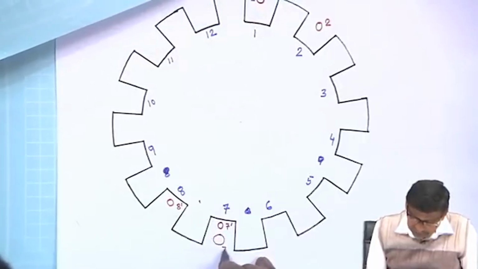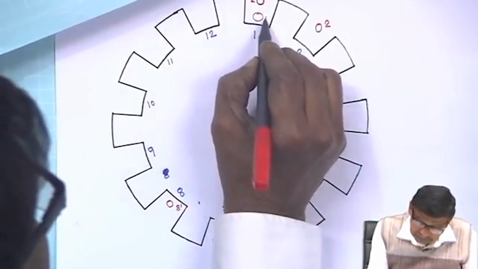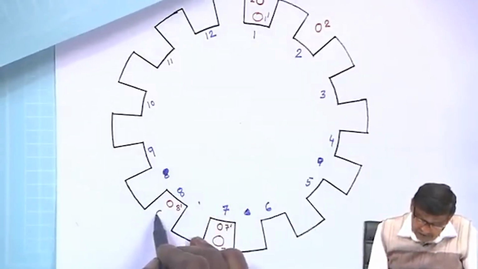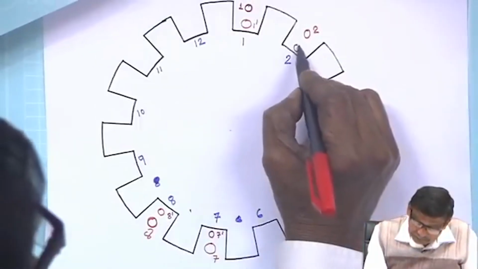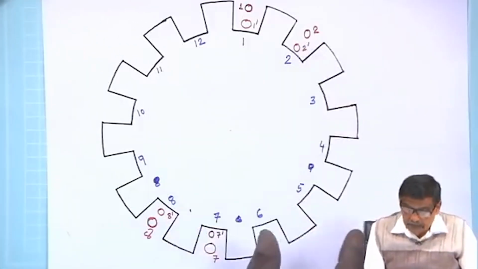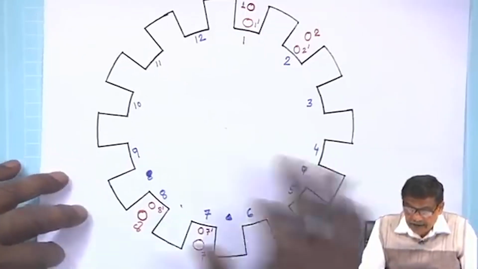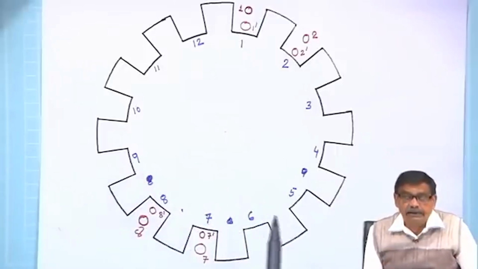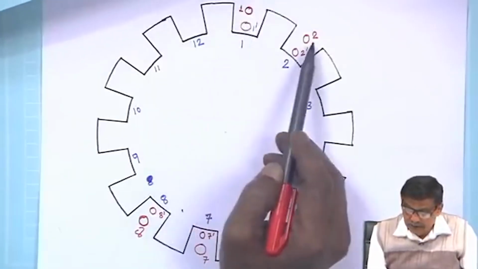So, this is 7 and its return is at 1 dashed; 7 to 1 dashed is a coil, and 8 to 2 dashed is another coil. And I am telling you, in the R phase there are 4 coils; the R phase part of the winding is over. Now, when you connect them in series, you must recall this 1, 1 dash, 2, 2 dash all